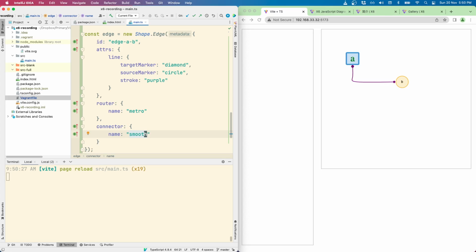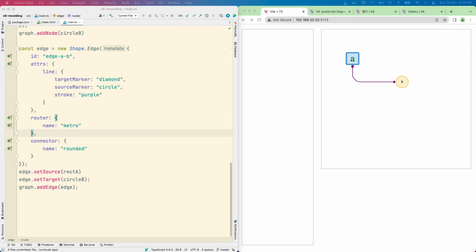You can also change it to rounded, for example, rounded. So it's quite tedious to have to style the node each time we create an instance of it. So what if we could instead define the styling for a class of nodes once, and then reuse that styling each time we create an instance of that type of node?